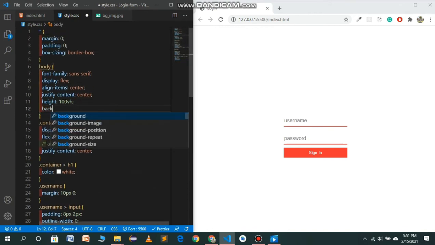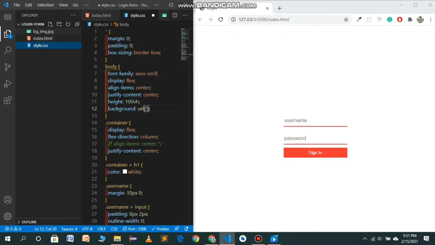Background will be URL. There I have already imported an image from Google. So this image will be present in the description. In the description I will give a link of my GitHub repo, and you will find this code and image from there.